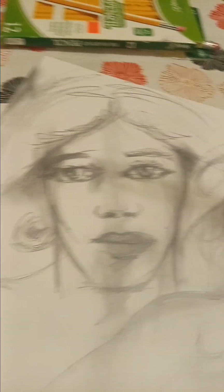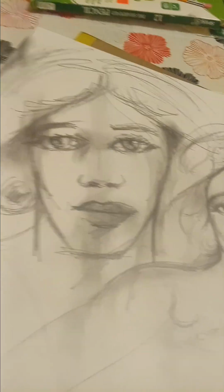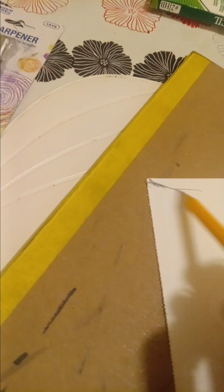using these. These are the number 2 HBs, which are harder than just the regular number 2 pencils. So I wanted to work in a smaller area to decide what I wanted to do. Then I want to come up here and kind of work small, but not too small. But it's all a learning process, because if you look at, like, say we come around here and we look